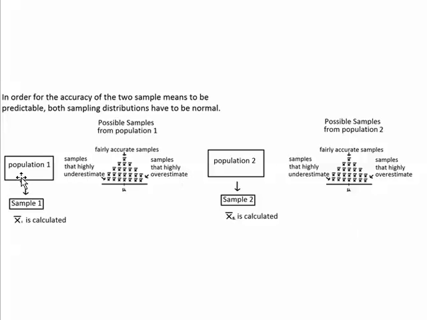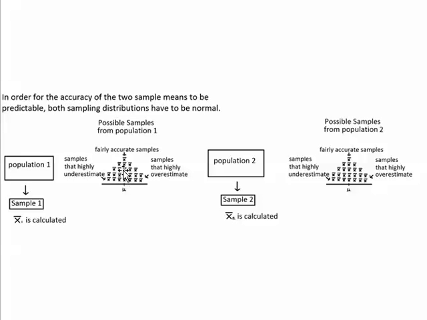So when I take my random sample from population 1 and I calculate the sample mean, and I take my random sample from population 2 and calculate the sample mean, this sample mean over here will be one of all possible samples that could be selected from population 1, and this sample mean here will be one of the means of all possible samples that could be selected from population 2. I want these possible samples to be normal, and these possible samples to also be normal. It's important for the two sampling distributions to be normal because